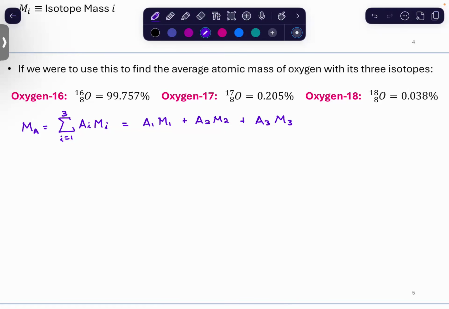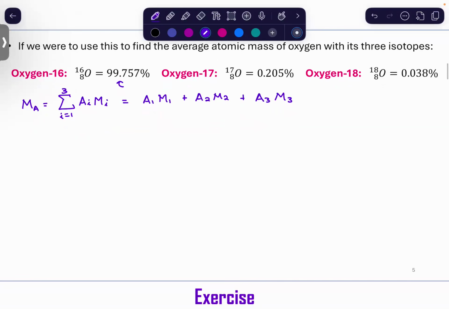Now, I want you to see how these numbers actually go into the equation, because for example, we have 99.757%. But that is not what we put into the equation. What we put into the equation is the decimal representation of a percentage. So what you would end up doing is taking all three of these percentages and dividing them by 100 to get their decimal representations. So what you would actually get here